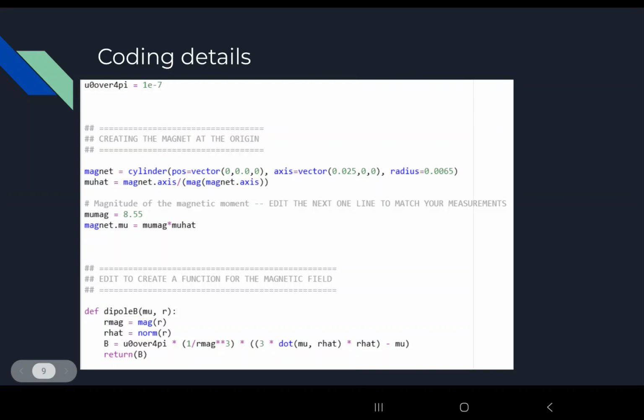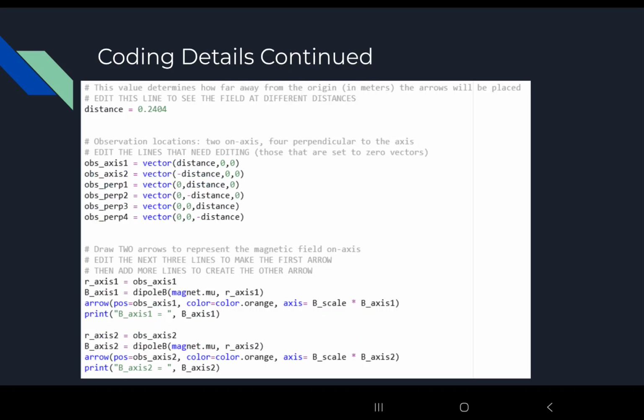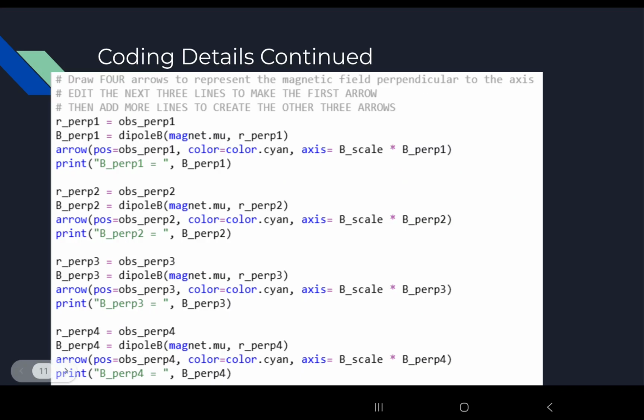And for coding, we have our initial conditions, and then we begin by making a function for the magnetic field. If you remember the second formula that I showed, the one for the magnitude of a magnetic field of a dipole, we put that inside this function. We use this function to find the on axis and off axis magnetic field magnitudes, beginning with our distance, then creating our vectors. The bottom two find the on axis magnetic fields,